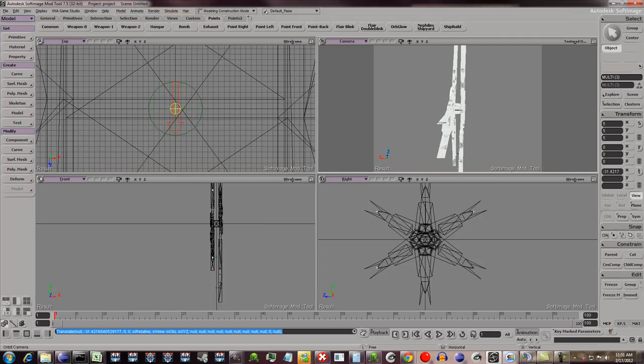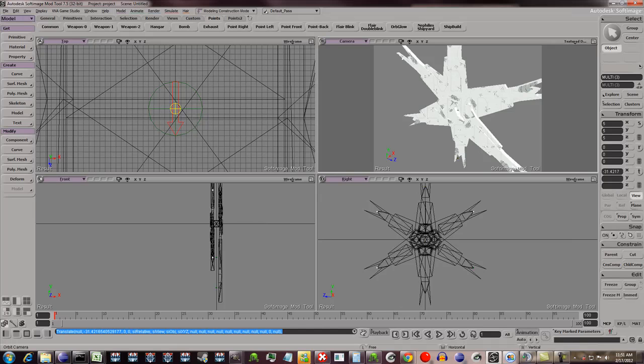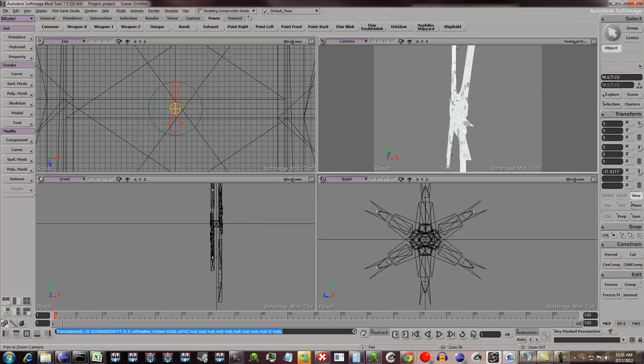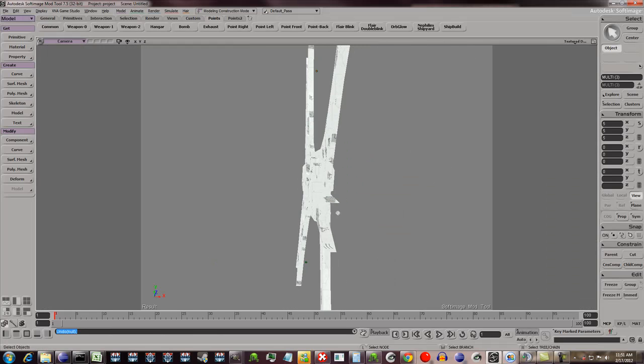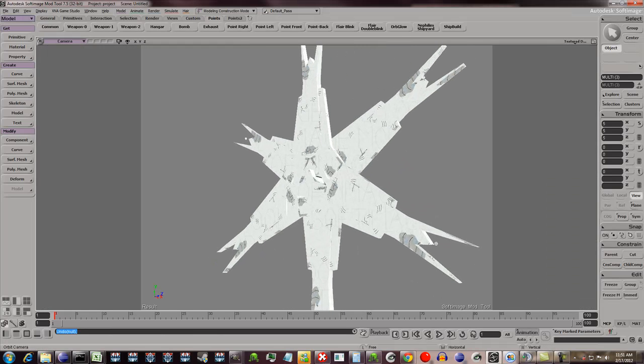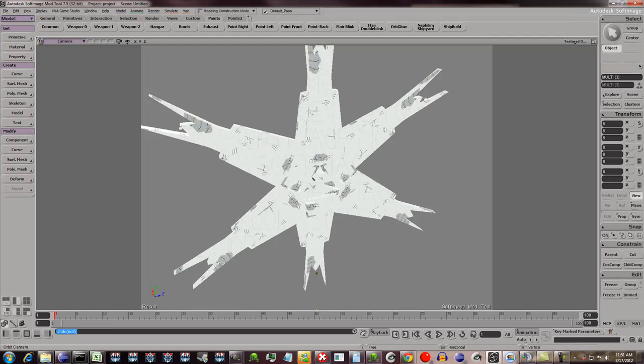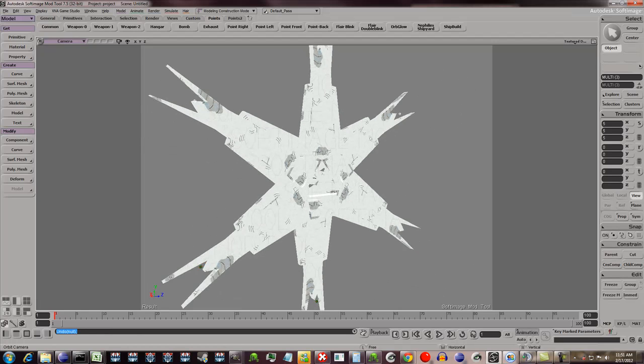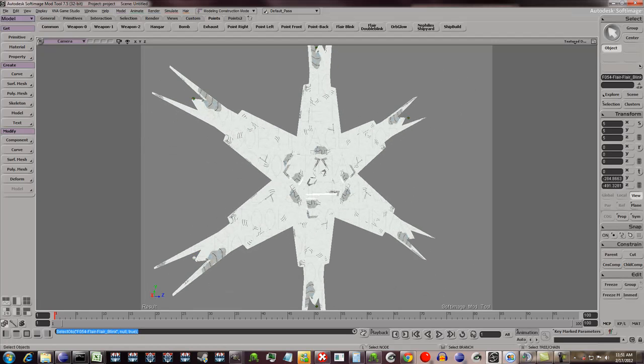Let's see. Oh, and I grabbed the wrong ones, of course. Let me try it this way. Make sure I'm grabbing the right things. That's why. So I want this one,